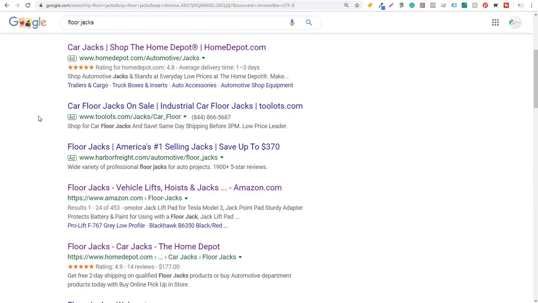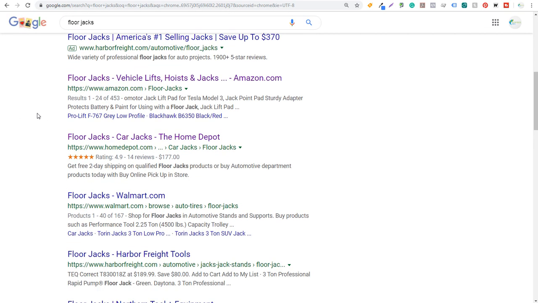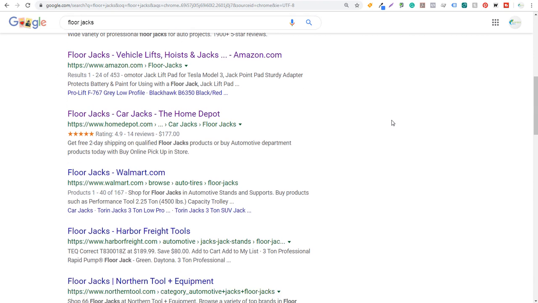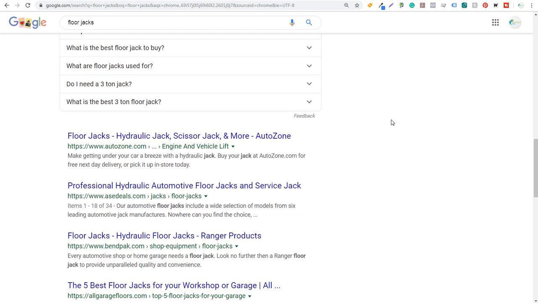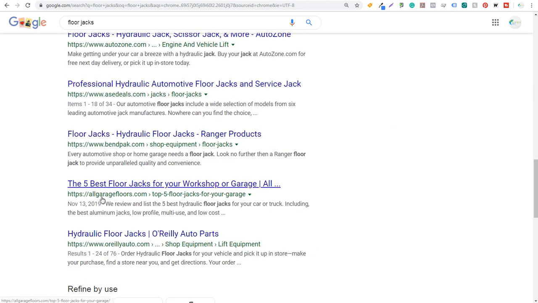Now, as I scroll down, you can see for this specific search, I'm going to be competing with Amazon, Home Depot, Walmart, Harbor Freight, so it's going to be really hard to rank high for a keyword like floor jacks, specifically on the first page. But if I keep scrolling down here, what you're going to see is an example, allgaragefloors.com, the 5 best floor jacks for your workshop or garage. So if I can put together content on my website like that,